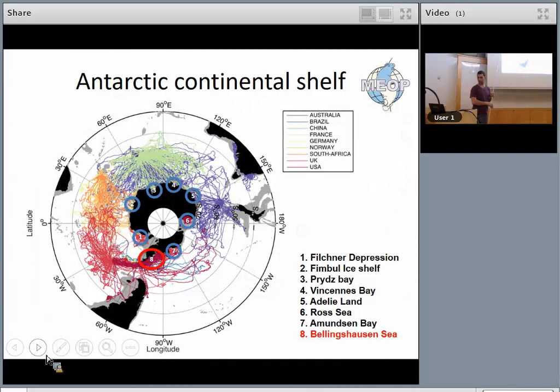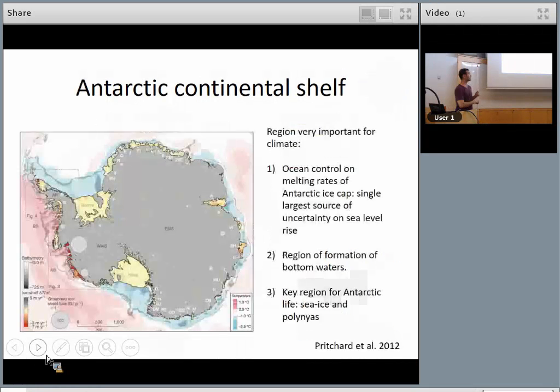Another example of the use is over the Antarctic continental shelf. We have a lot of data because it's a favored site of foraging for the animals. And this is a place that's very important for climate, actually, for several reasons. One of them is that it is the point of contact with the ice cap, and it is the region where the ice cap is melting through ice shelf